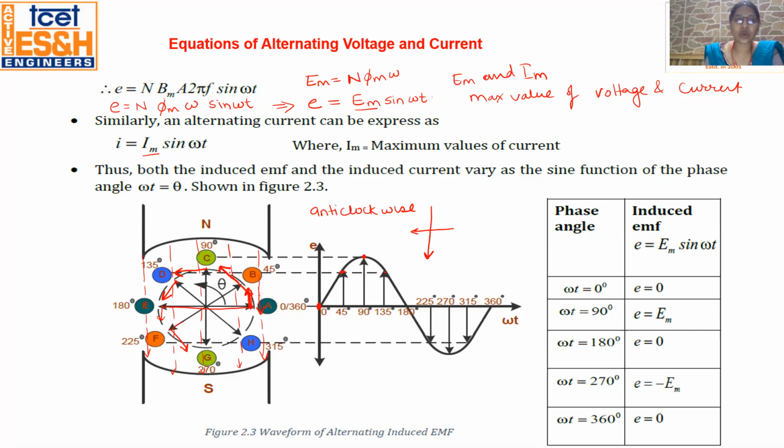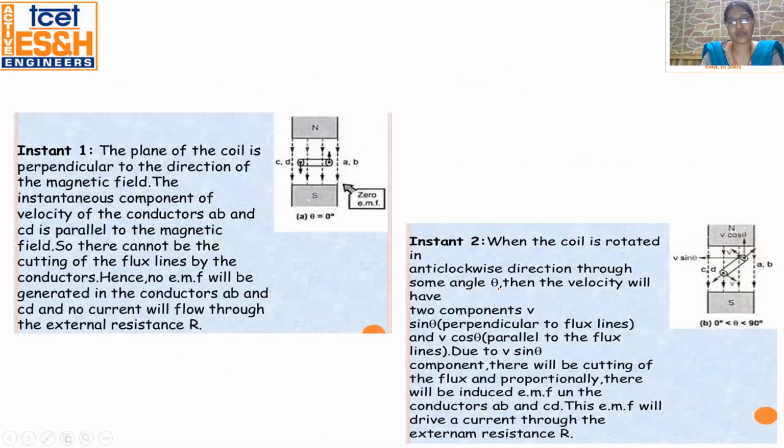Now at E, again the coil is moving here. Again, there is no cut of the flux. So the generation of voltage is 0. Now the coil is from here to here, and the voltage becomes negative. In a similar fashion, as the positive voltage is generated, the negative voltage is also generated because now the coil is moving from here to here. Clear? So in this way, we obtain the AC waveform in the shape of a sinusoidal waveform.